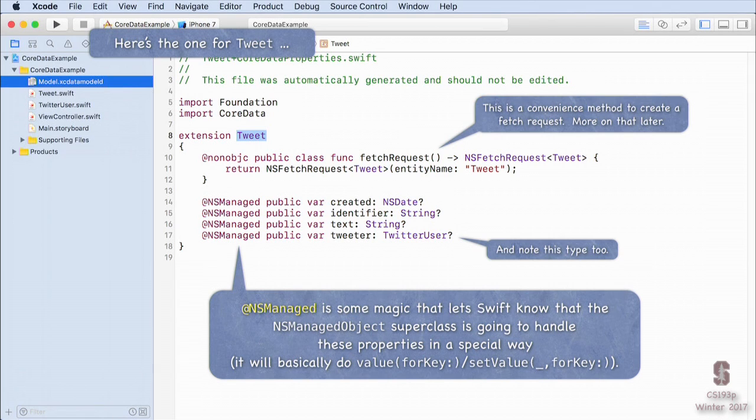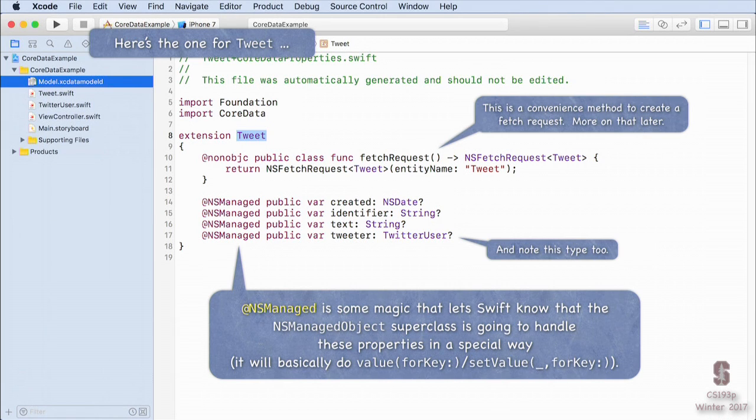Okay, what about this @NSManaged? I'm just going to say it's magic. It's not really magic. It's essentially something that says to the runtime, hey, when someone accesses this var, core data is going to figure it out for you. When you try to say tweet.created equals some date, it gets trapped at a low level in the runtime, and core data swoops in and does set value for key for you. Same thing if you get the created var, it swoops in and does value for key and gets it that way. But it's all happening at a low level behind the scenes.